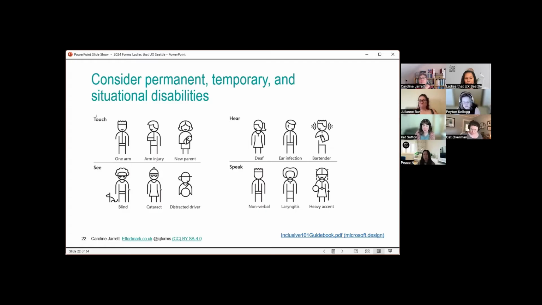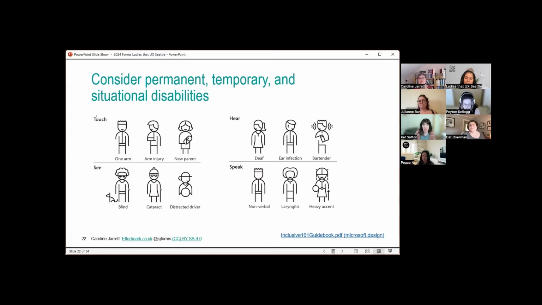So Meredith just mentioned calls can be overwhelming. It could be that our new parent, who's listed here under a situational disability of touch, might also be someone who is suffering from temporary cognitive impairments because they're absolutely exhausted. A phone ringing could be the last thing they need when they're short of sleep and they've just managed to get that baby quiet and resting. A phone call coming in could be a nightmare. So we want to be thinking about all sorts of different reasons why people might have